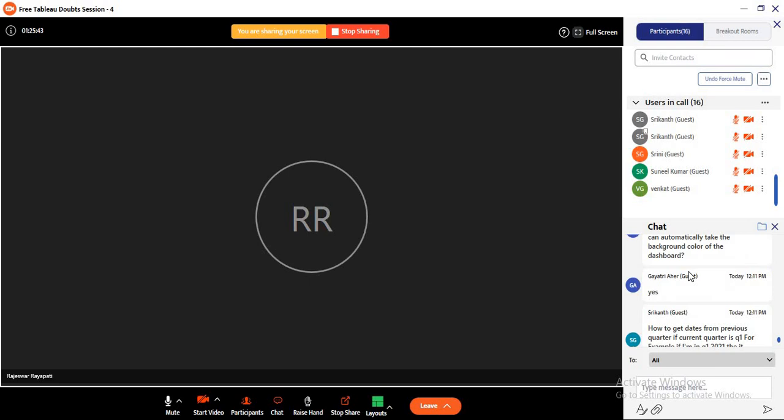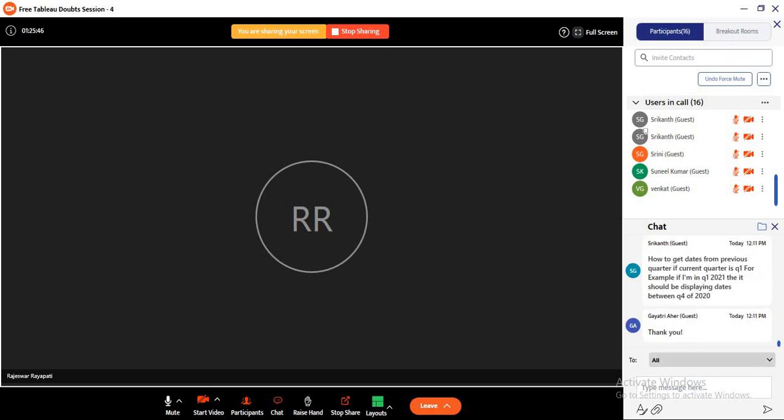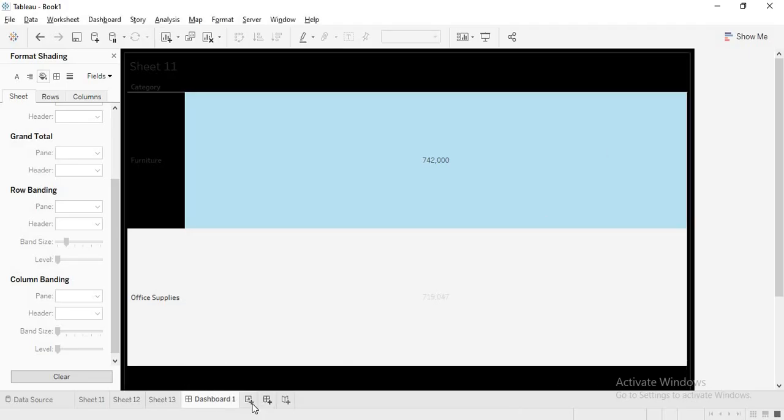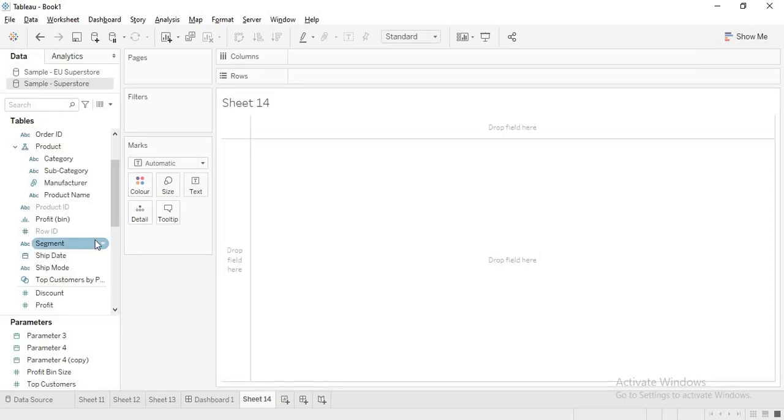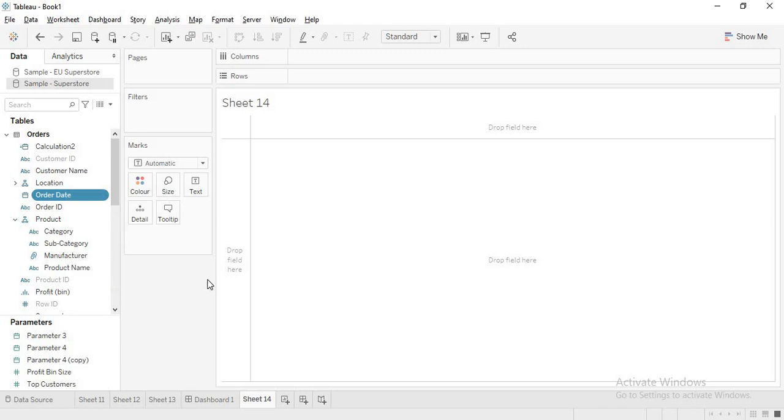Now for this, Srikanth, it is directly not possible through filters, it is possible through parameters. The reason being, when you select Q1 of 2021, then the data for only Q1 will come. So rather than that, on the order date, we need to create a parameter with the quarters.